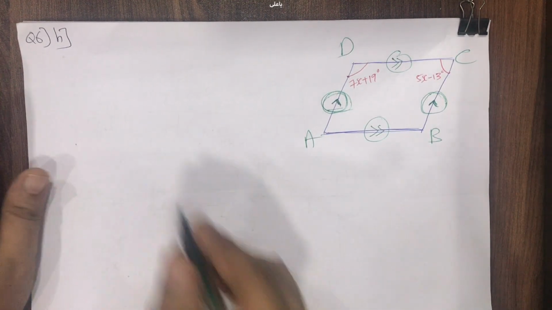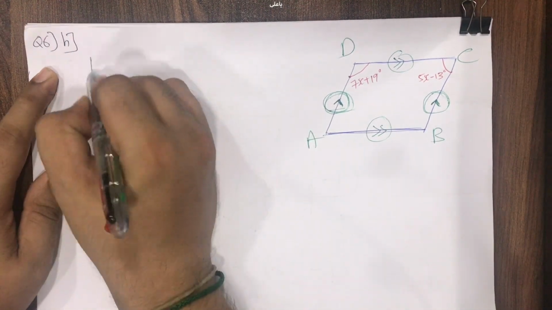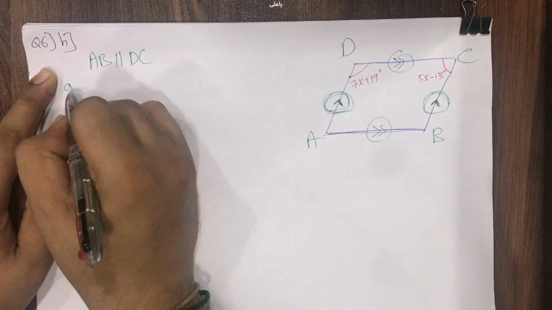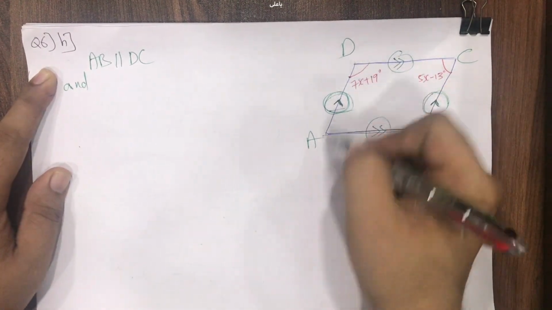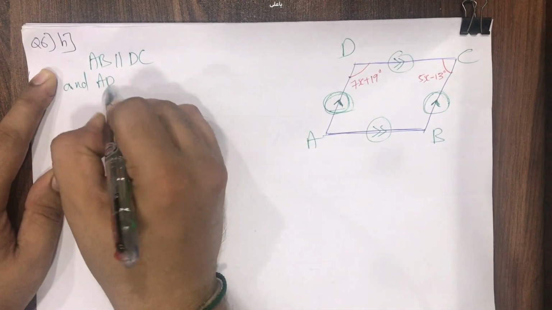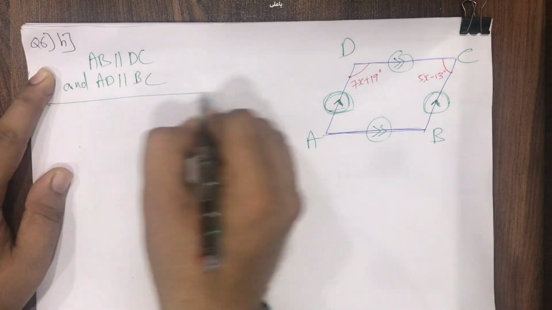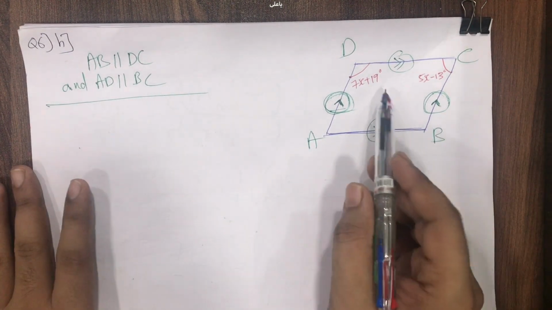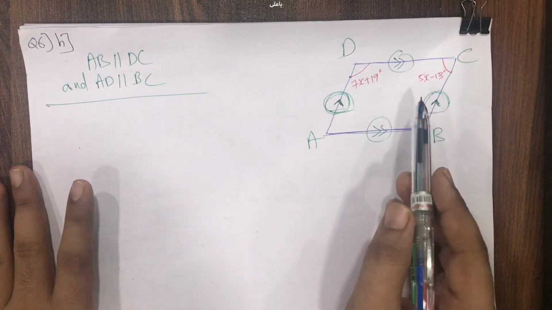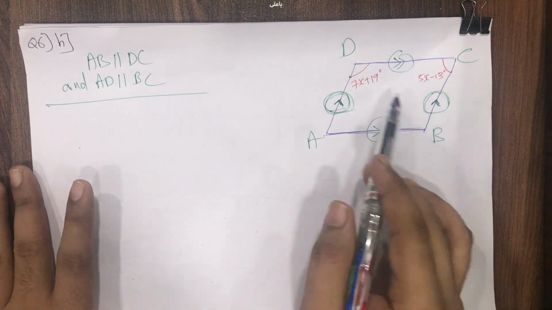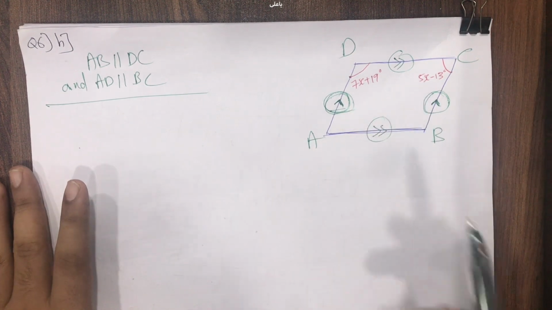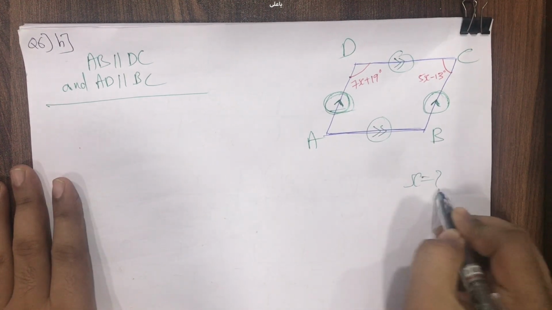They are parallel. So I write the things over here. AB is parallel to DC, and AD is parallel to BC. It's clearly mentioned over here. We have to write it. What are the things unknown? Only one thing, students. We only need to find X. Here they have not asked the value of the angle. They only need to find the unknown variable. So X is the unknown variable. Our question is just to find the value of X.